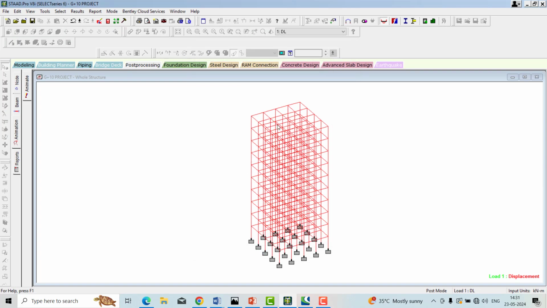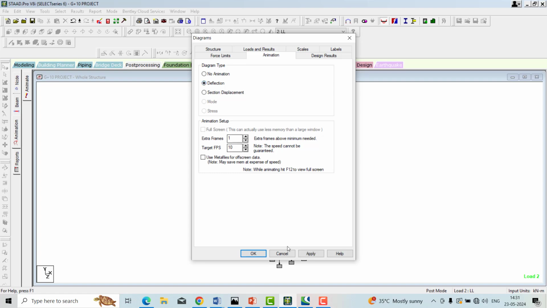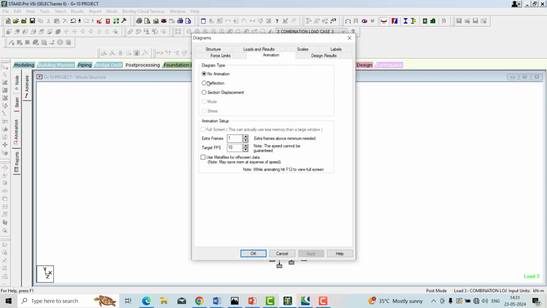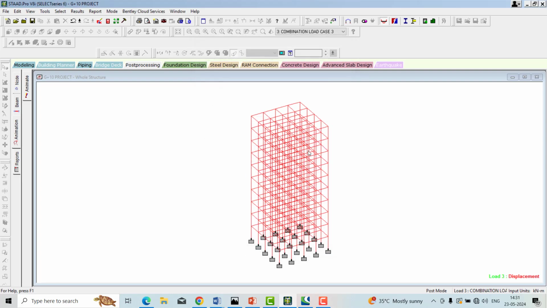There is a deflection here, which means we have to increase the cross section. Live load, again animation and deflection. And then for the combination, animation and then deflection. So still we are getting the deflection.